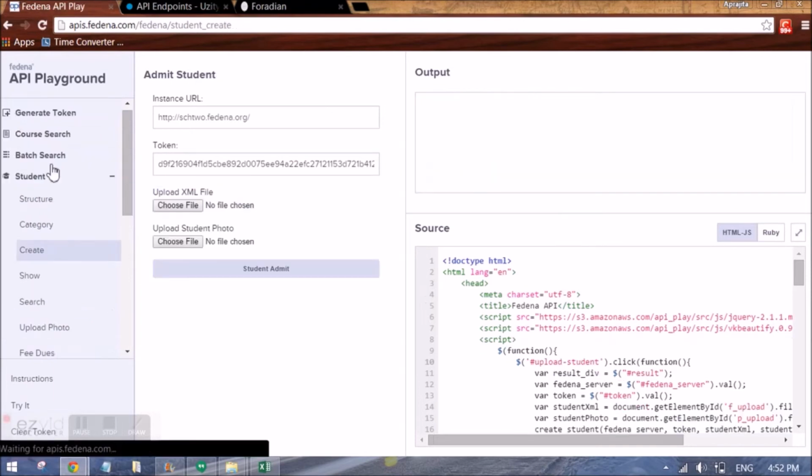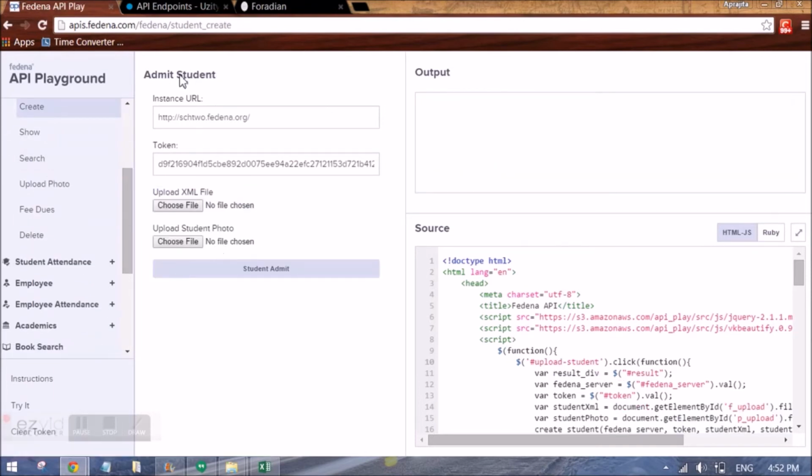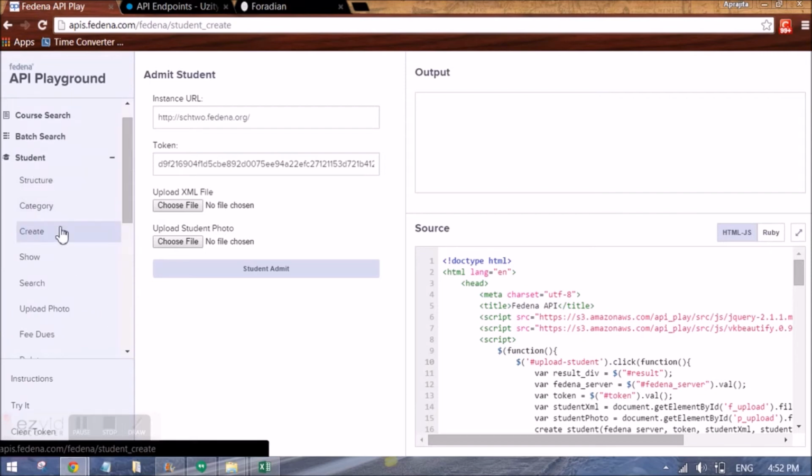I can even create the student using this API. So not only querying of database, for some of the APIs you also have a functionality where we can update them or even delete the existing records. So for example, for creating this student API, I need to use an XML file which should have the same structure as was shown here. I can also upload the photo differently because I do not get that option, of course, in the XML file. So I can do it individually.